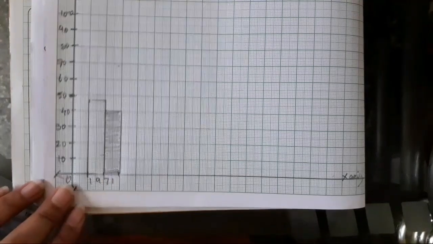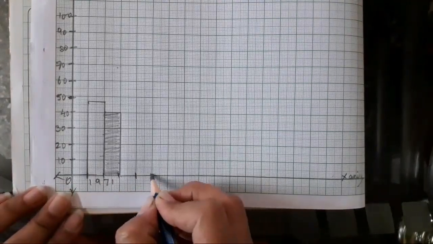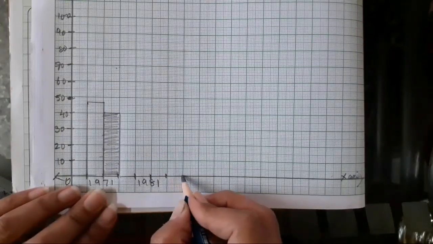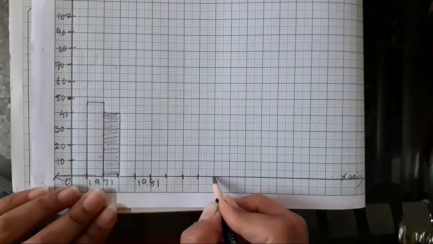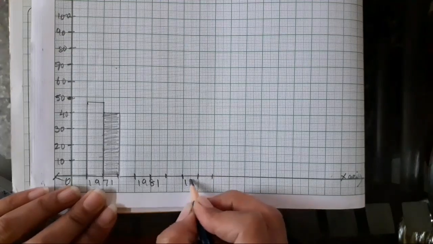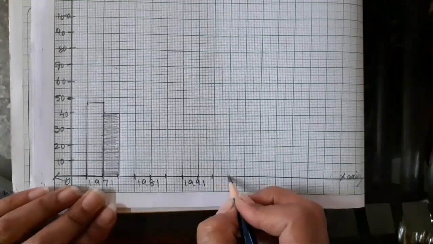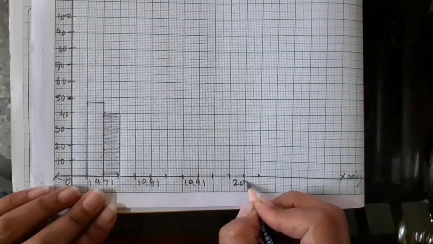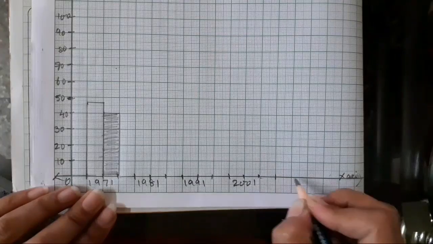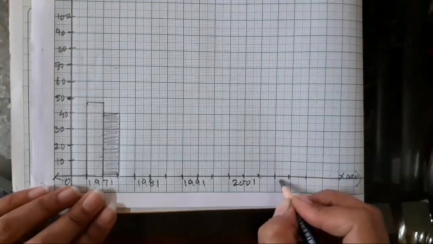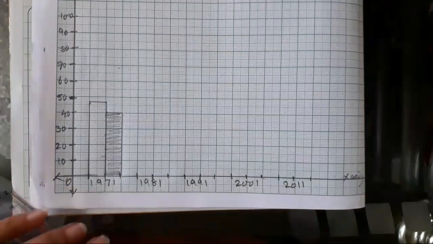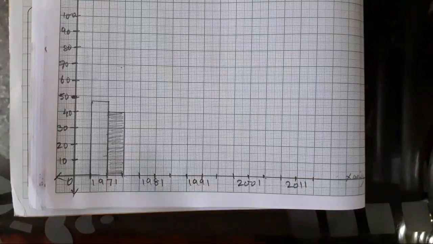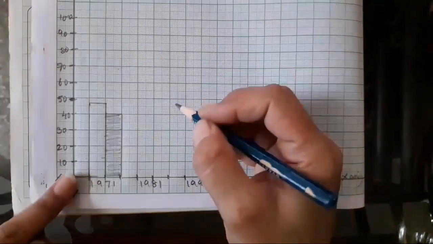Okay, now leave 1 centimeter gap. Again 3 dots. You all can write it and keep it if it's confusing. Again 1 centimeter gap, 3 dots, then it will come 1991. Again 1 centimeter gap, 3 dots, and then 2001. Again 1 centimeter gap, and the third one is 2011. Okay, so in this way you all can write and keep, then only you all have to draw it any which way which is preferable for you.